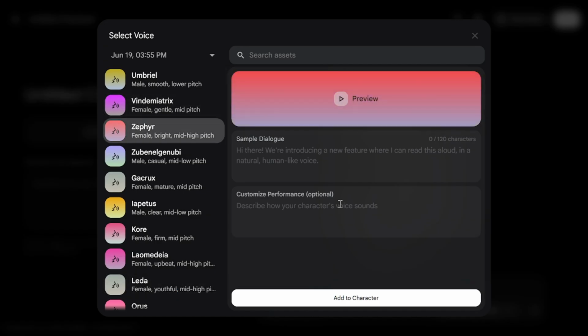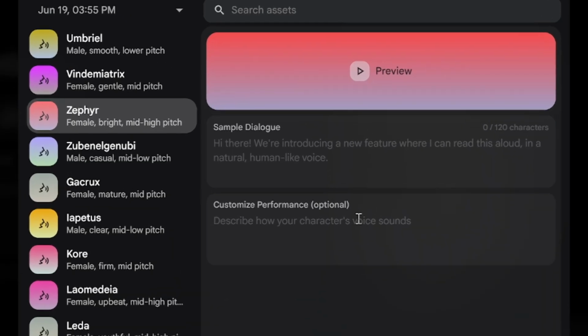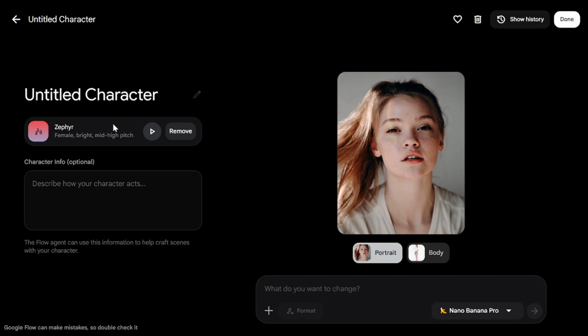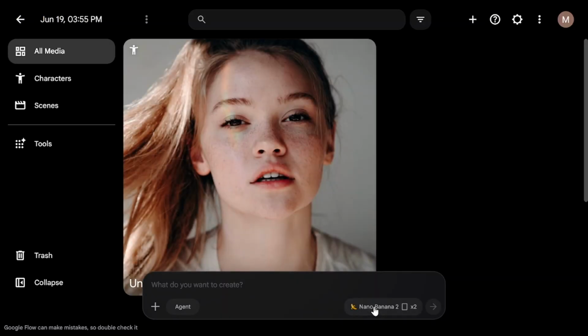Currently, you can't add your own voice here, but there is plenty of different already existing voices, and you can slightly customize each one, changing different aspects just using a prompt. You can change pitch, make it speak slower or faster, add some emotions, etc. Customized voice will appear in the list of the available voices once you save it. Once you are happy with the voice, you can add it to your character, and when everything is set, hit the done button. Now the character is ready, so we can create some